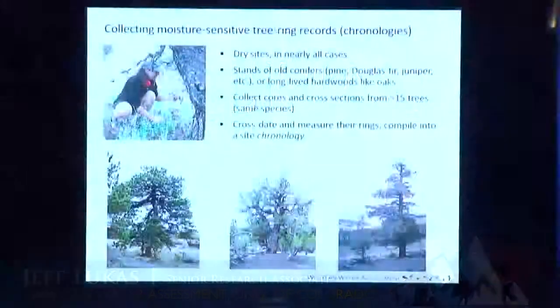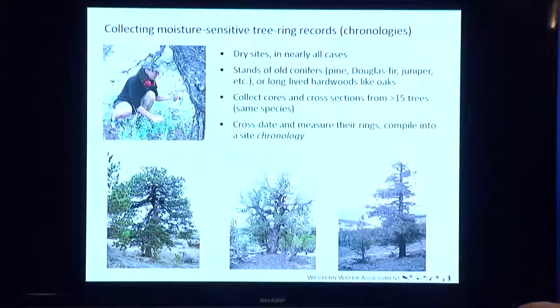So tree ring science is more than ring width, but you can do an awful lot with ring width. And in my work, I've pretty much stayed just with that one measurement. So collecting these moisture-sensitive tree ring records in the field, as was alluded to earlier, one tree might give us a good, rough estimate of what's going on with the climate, but we wouldn't want to rely on it because a single tree could be responding to any of a number of other things in the environment that would vary